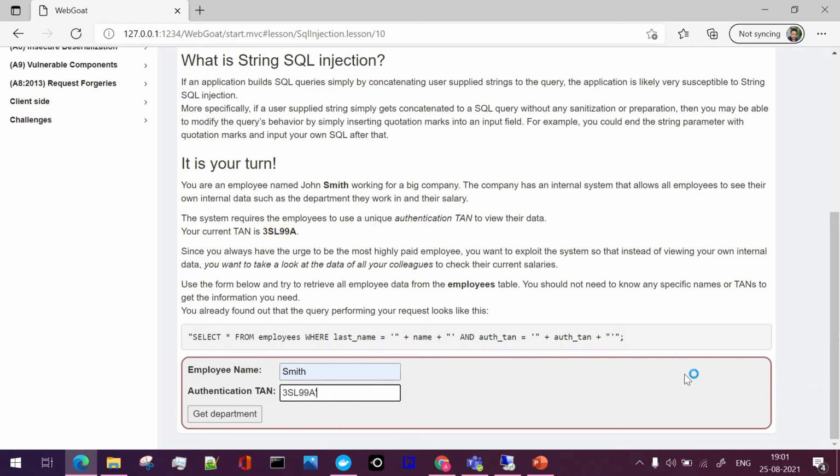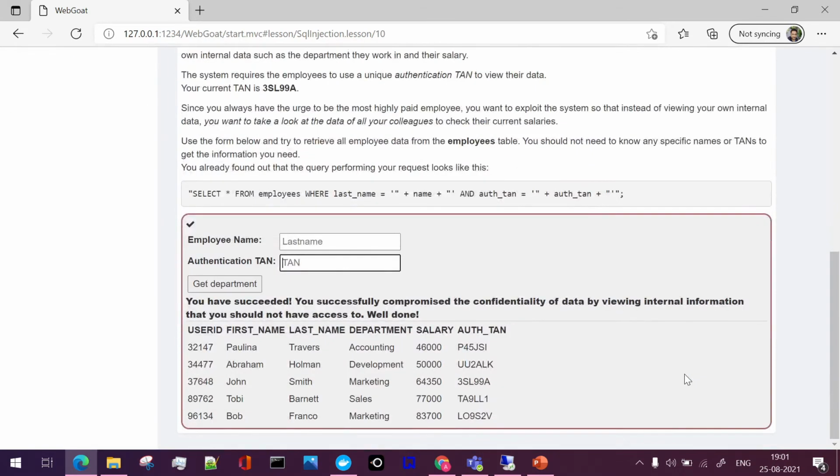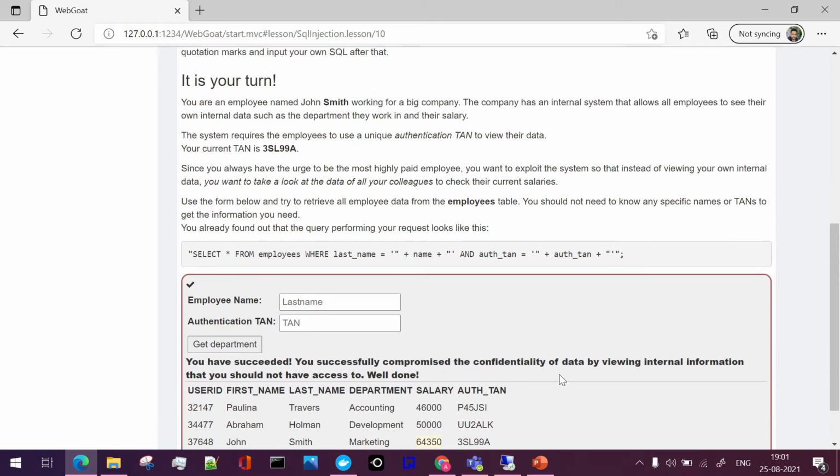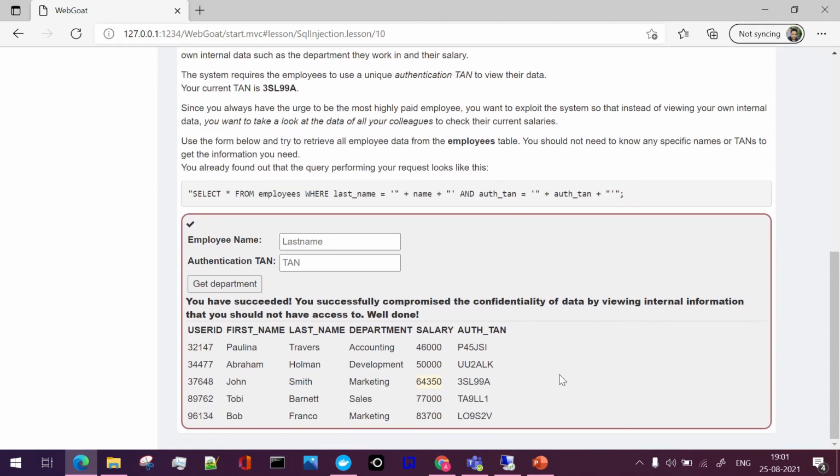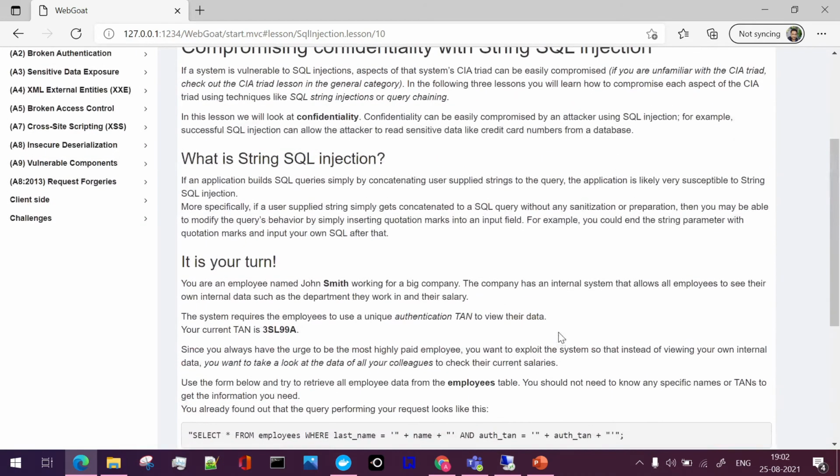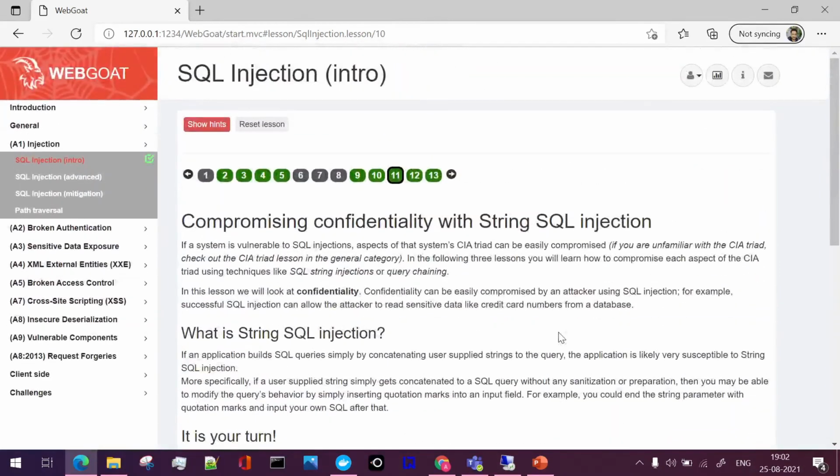Now we'll try to attack it in a similar manner, that is or 1 is equal to 1, semicolon, the escape characters. Now we are properly able to identify the salary of everyone. The name of our employee is this one. So here we are able to exploit this, and we are able to take a look at all the salaries. In this way we can easily check the salary of every employee in the particular example.